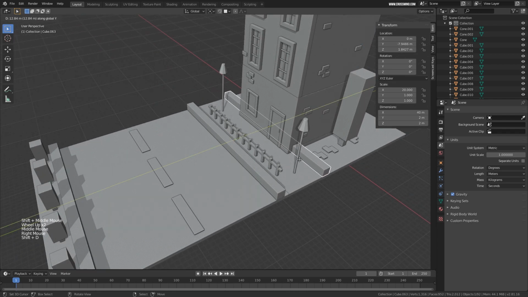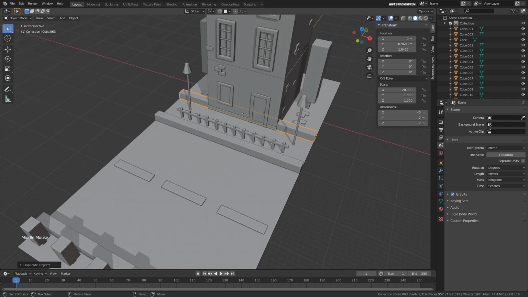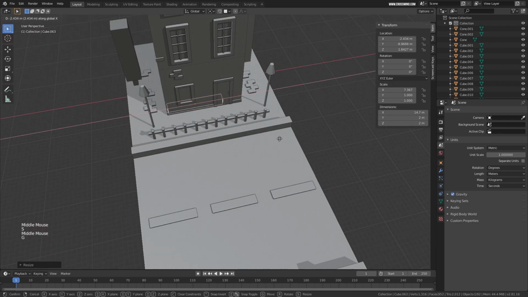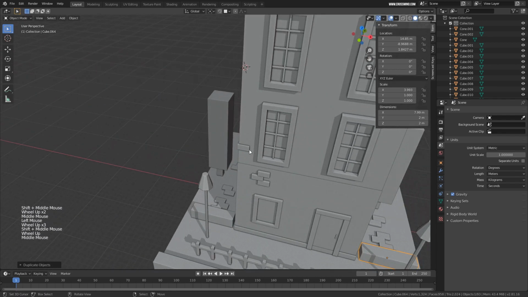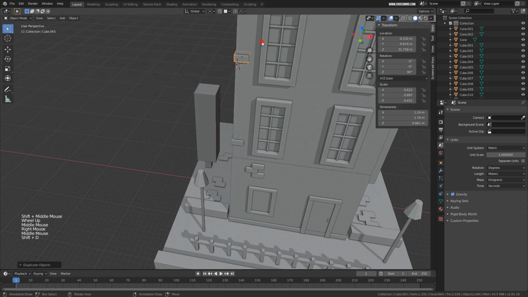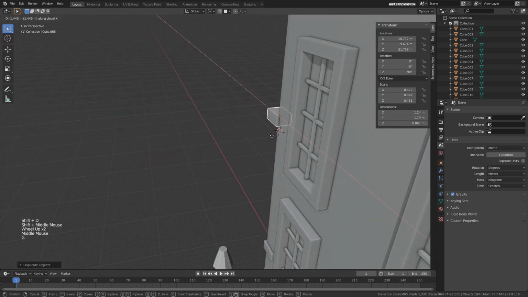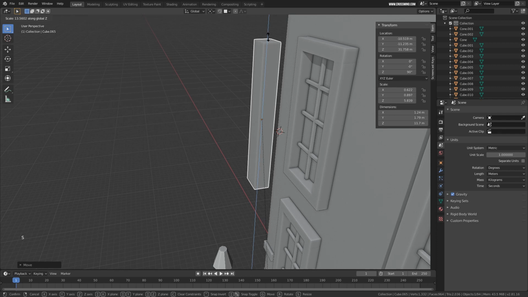Shift D, move it into Y direction, place it over here. Shift X, GX, Shift scale and make a duplicate, place it over here. I'll make a duplicate of this and move this upwards. What I can do is I can make it like a signboard or something. I can maybe type pizza or